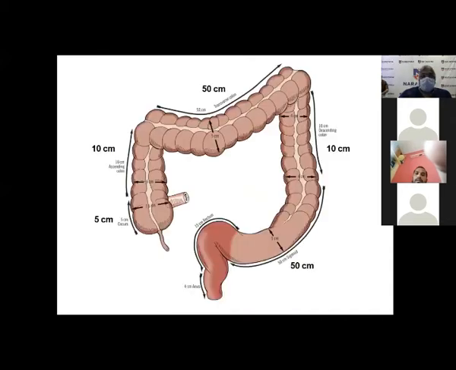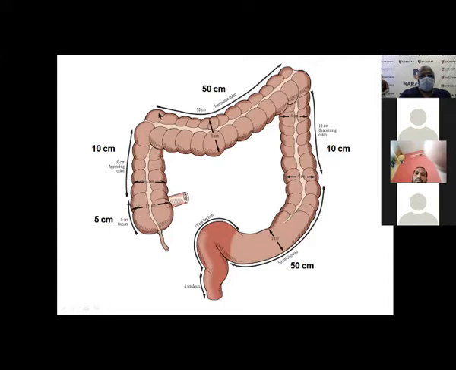Surgical anatomy. So this is the ileocecal junction, that is the appendix. The cecum is the most capacious organ. It has a diameter of 7.5 centimeters, and it can dilate to any extent. That is why it is more prone to rupture, according to Laplace's law. The more the diameter of the rounded organ, the more the pressure it exerts on the wall, so that it easily gets perforated. Then again, the ascending colon is about 10 centimeters.